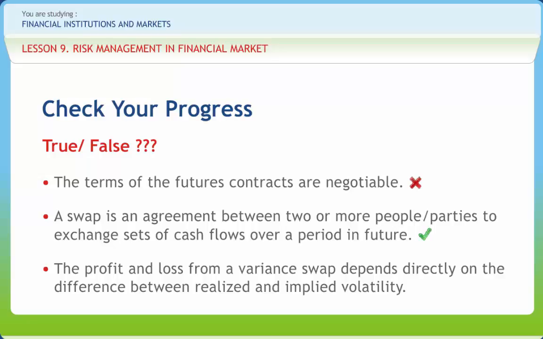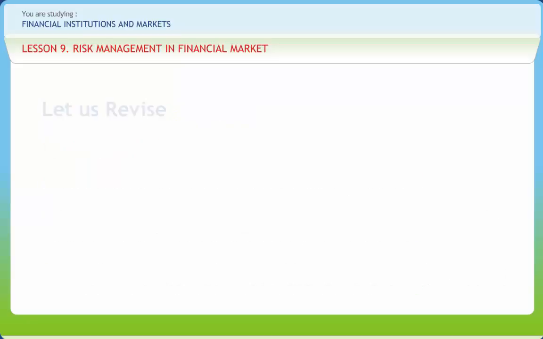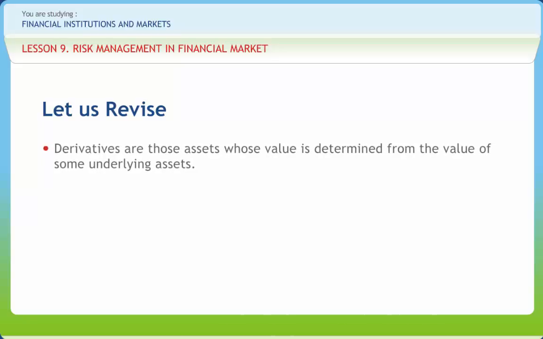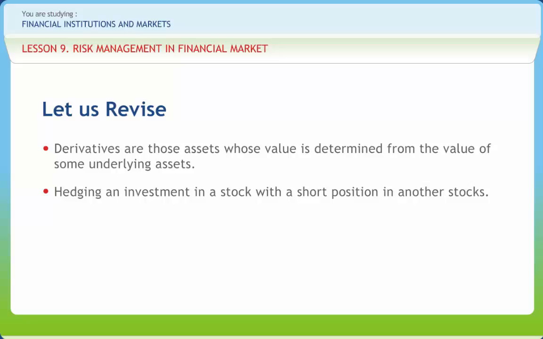Right or wrong? Right. Before we end, let us briefly revise what we have studied till so far. Derivatives are those assets whose value is determined from the value of some underlying assets. The underlying asset may be equity, commodity, or currency. The list of derivative assets is long. Hedging an investment in a stock with a short position in another stock's futures is not an acceptable hedge because